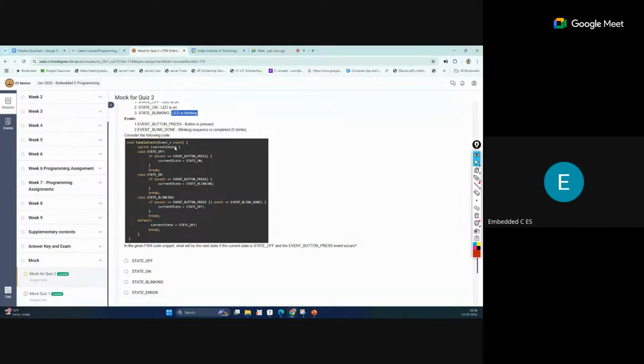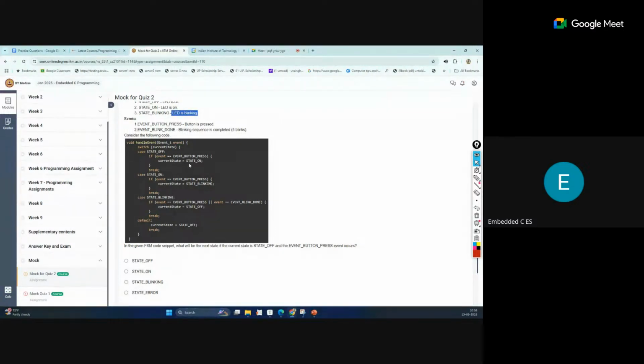You can see we are using the current state as the variable for the switch, and the value we are getting is event button press. So it will check. The current state we are passing is state off, so state off is the first case that will match. Inside this, what is the event? The event is event button press, so that matches the condition inside this case. And what is the function for this?